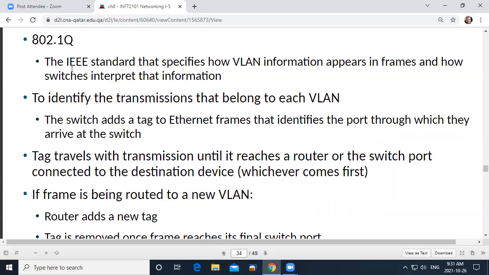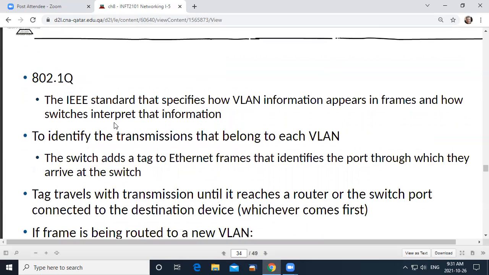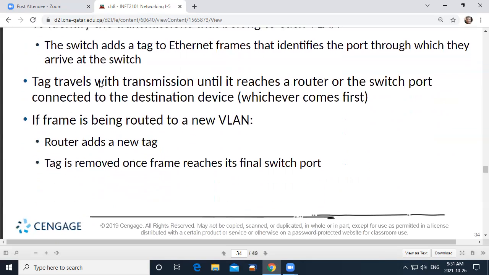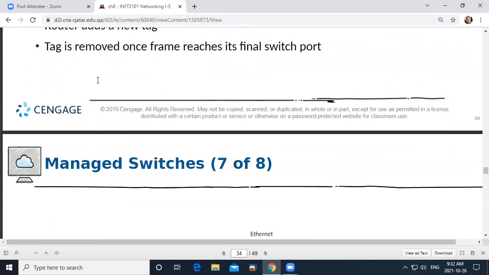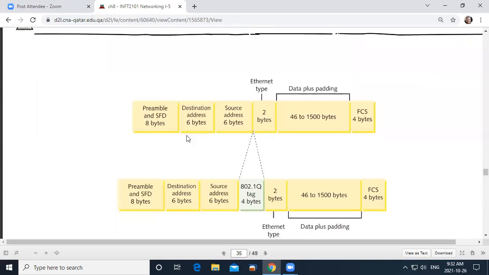And so it can go through the same switch, and the switch is going to be able to, I don't want to use the word route because that sounds like router, but it is kind of like that, I guess it's going to be able to transfer that frame to the correct VLAN that it belongs to, and not to the ones that it doesn't. So it adds a new tag, which is this 802.1Q tag, into the frame, which allows it to make sure that it gets to the right VLAN that it belongs to.